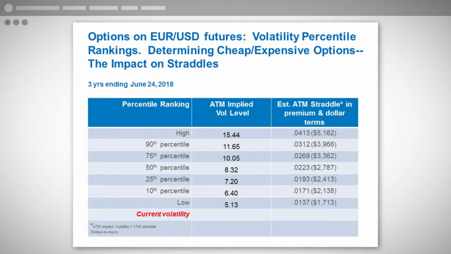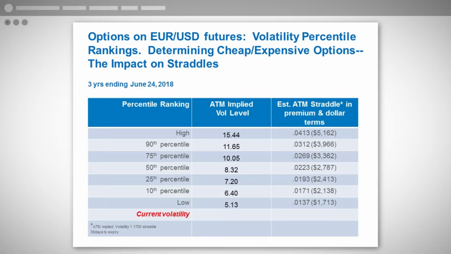So we took these data points, and instead of test scores, we ranked the at-the-money volatilities every day with this rank and percentile generator. You can see here, this is the euro now. We're back to the euro only. We're going to look at how cheap is cheap, what's really cheap, what's historically cheap, and the same thing on the high side. And more importantly, what's the impact on options premium? Namely, in this example, what's the impact on straddles?